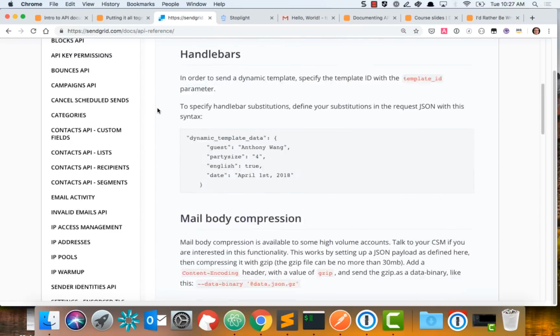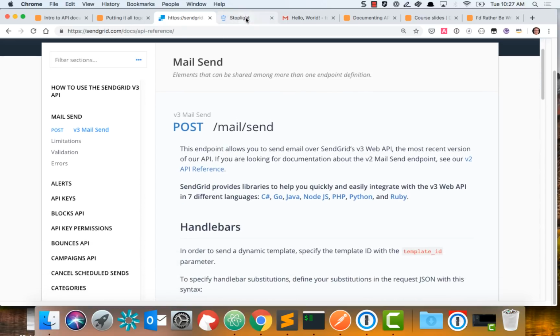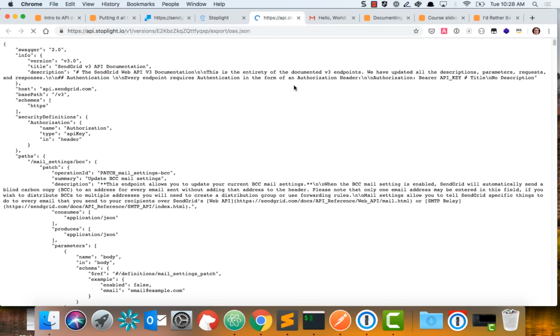So now the other cool thing is that all this information, it's not as if you were to subscribe to Stoplight or buy into their model, and there's lots of others too, SwaggerHub and so forth, you wouldn't have to go in and manually type, here's this mail send endpoint, here's all the different request parameters. No, the API doc world has evolved to structured information. And that structure is called the OpenAPI Specification. Up here on the right, there's a nice handy link. If I go to it, you can see that this is the